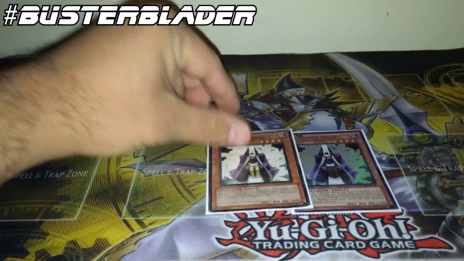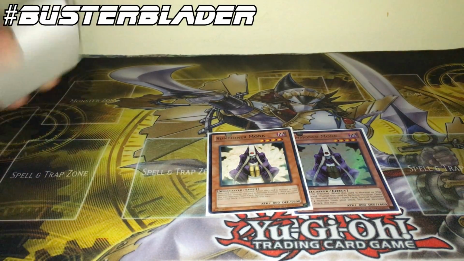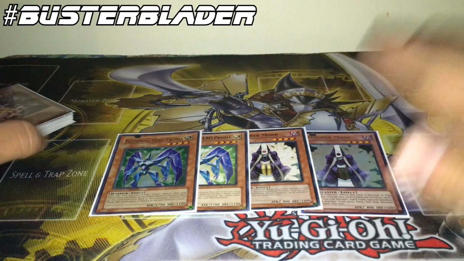So 2 Summoner Monk. Why Summoner Monk? People are going to ask that because I don't play a lot of level 4s. So basically, Monk is used to get out Destruction Sword if you want to, but more importantly than that, to get out Elemental Hero Prisma. So I go 2 and 2. Prisma works